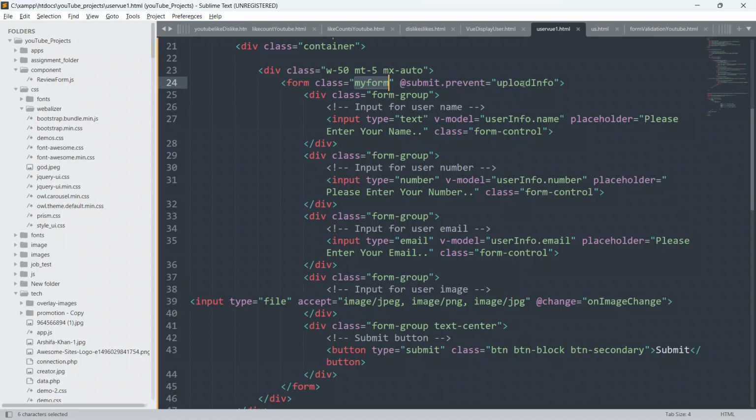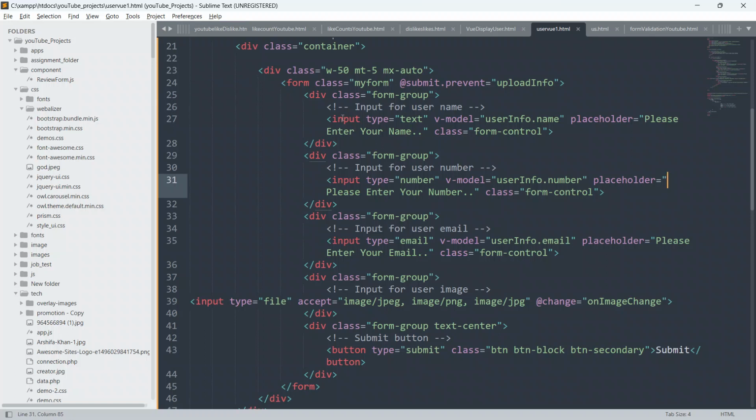Then we will run this method uploadInfo, okay. Whenever the user hits the submit button, we prevent its default behavior, that is refreshing the page, and at the same time we also run this method, or this function, which is uploadInfo, okay.